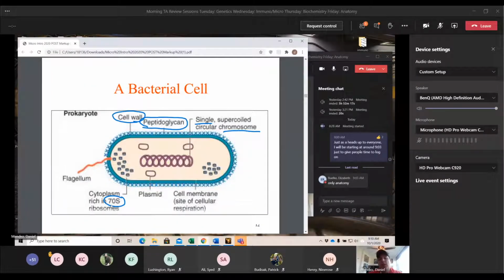So this becomes important later on when we talk about the antibiotics. Some other things to note, the cell wall. There are some eukaryotic cells that have cell walls, but this is a human-based course, so none of our cells are going to have that cell wall. The cell wall is a pretty differentiating factor for them. Then the cell wall is filled with that peptidoglycan. They also have a single circular chromosome, unlike ours, whereas you know from genetics that we have a good amount of chromosomes. We have a lot more genetic material. They have just a singular chromosome.